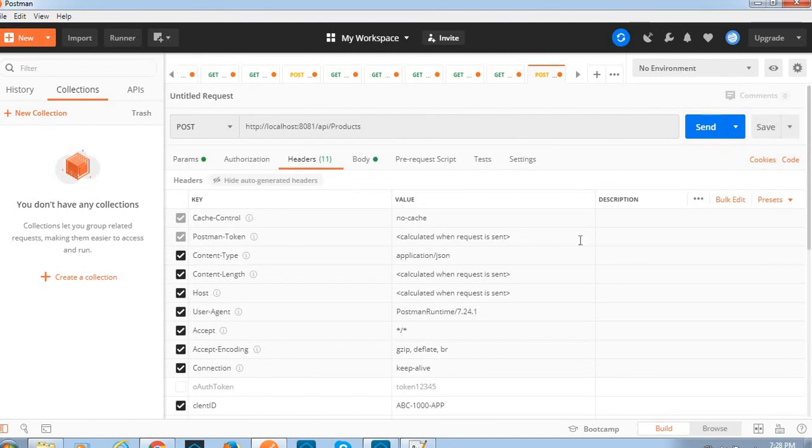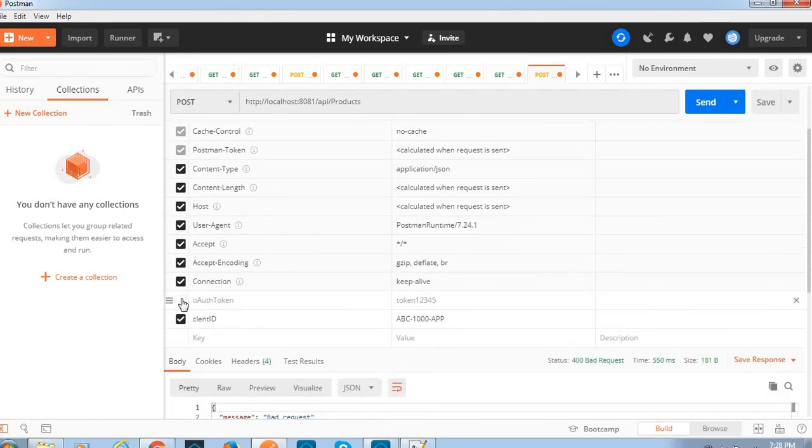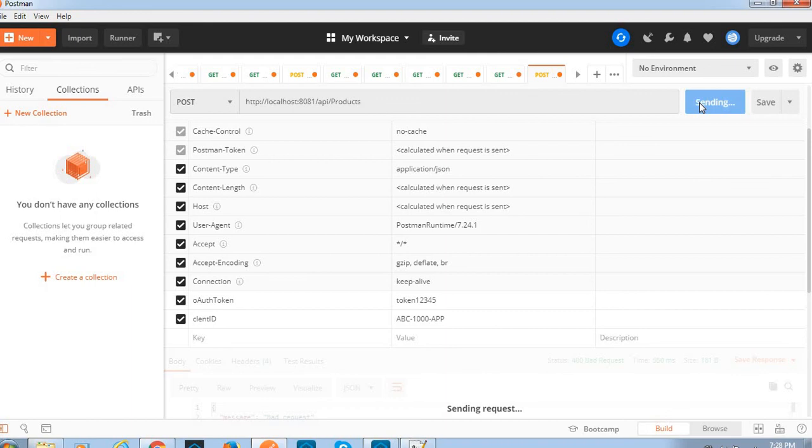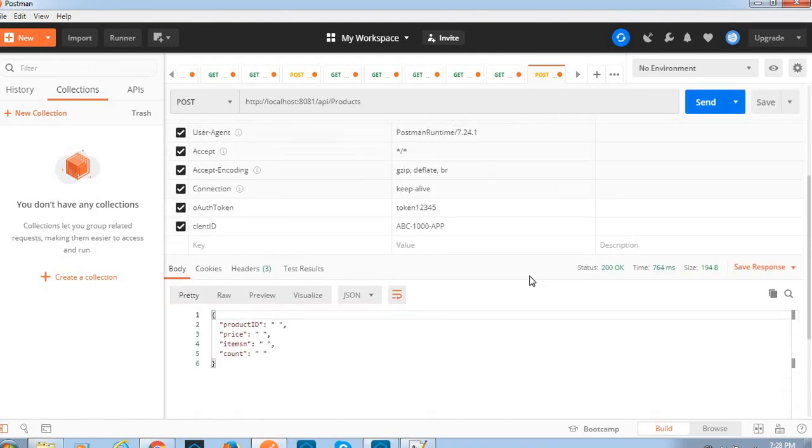This is the Postman. Here we have params, authorization and headers. From here we have OAuth token. Then enable the OAuth token and make a request. Now we are able to get the data.